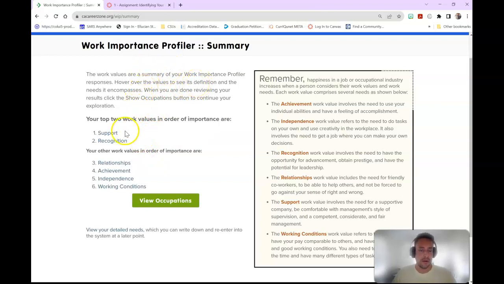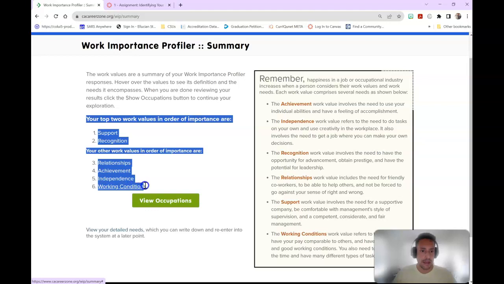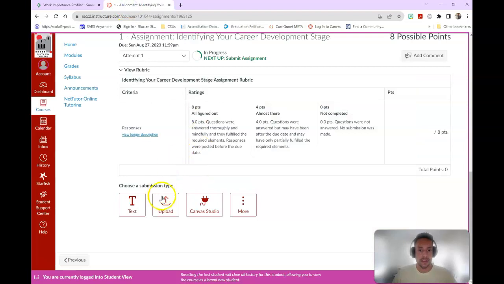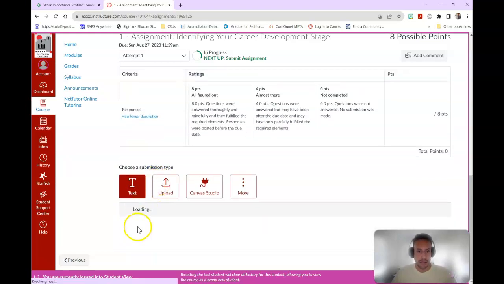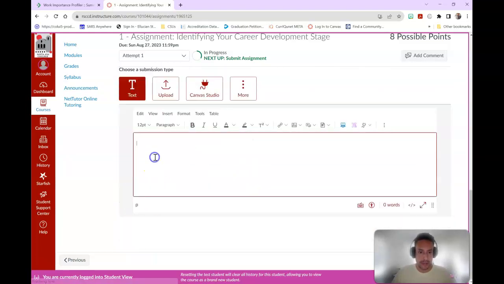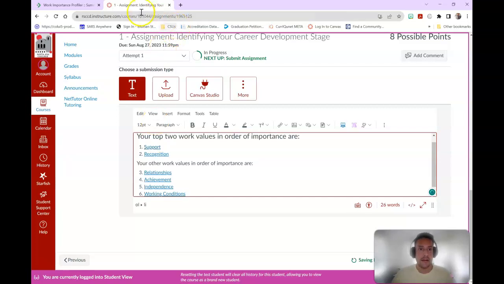And here we go. This is what I would like you to submit on Canvas for this assignment. You're going to just simply highlight your results. You're going to go to the assignment at the bottom under submission. You want to click on the text box and then you're simply going to paste them there.